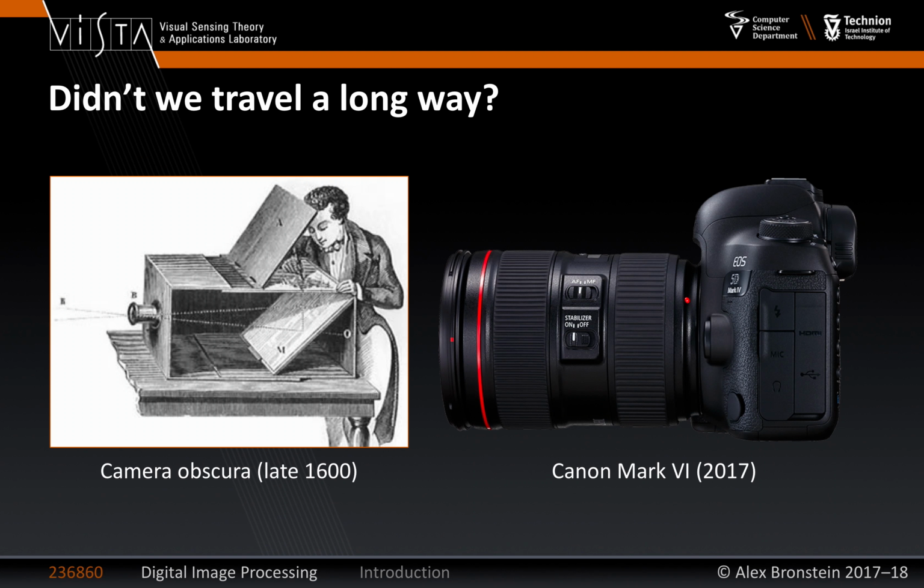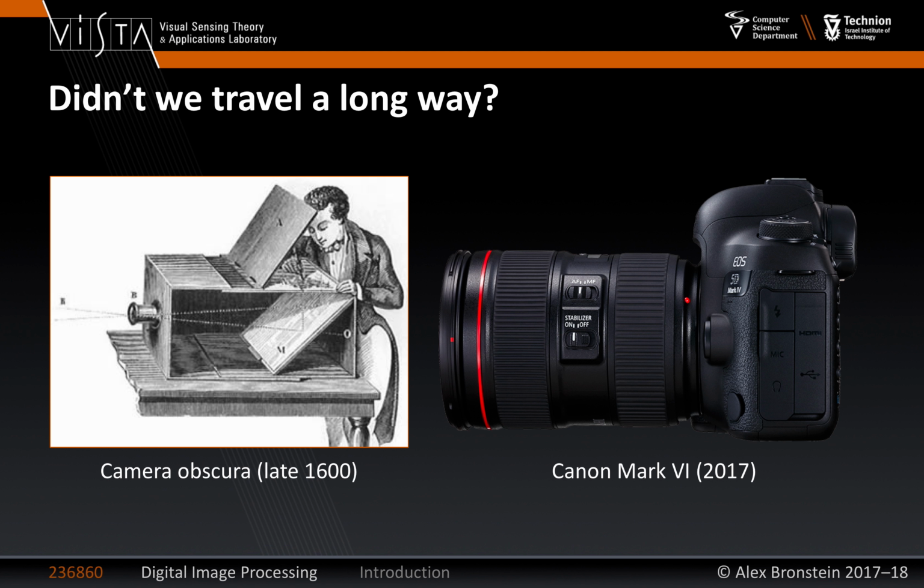Okay. Now, we can say that it was an incredibly long journey with spectacular results that basically took us from camera obscura to this modern DSLR camera, right? The technology is incredible. We know how to manufacture great lenses. We know how to manufacture sensors. But conceptually, this and this is exactly the same thing, right? So we put a sensor behind a lens, and it projects an image of the world, right? This is conceptually exactly the same thing.